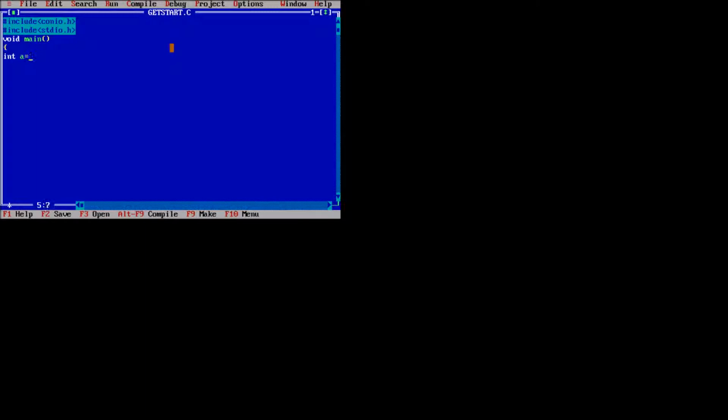I have two variables, a and b. A takes 20 as a value and b takes 10 as a value in the memory location.